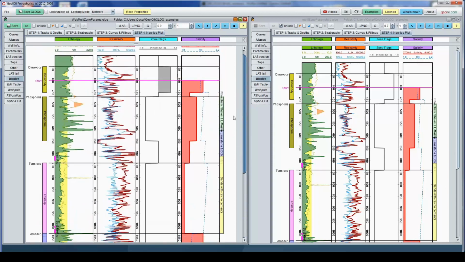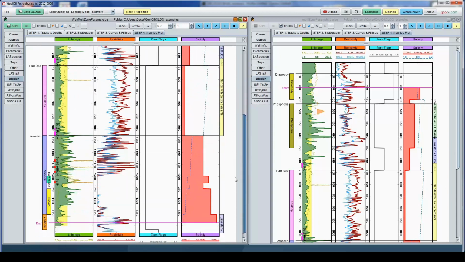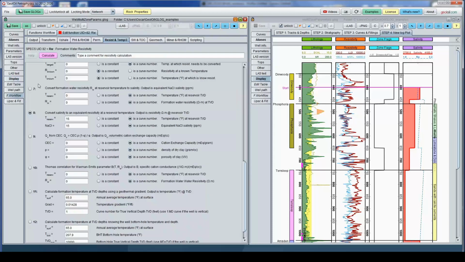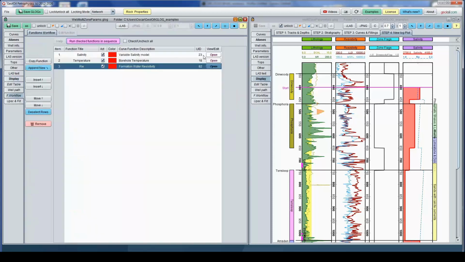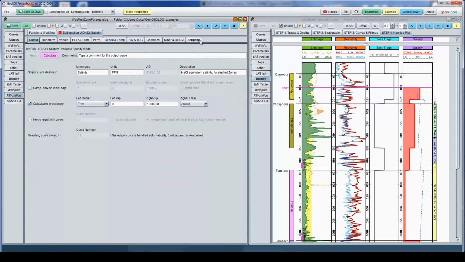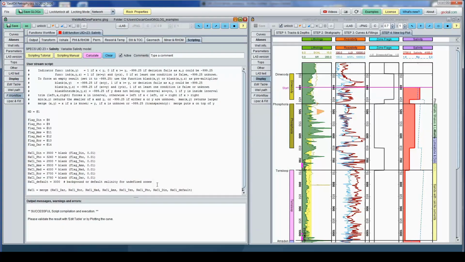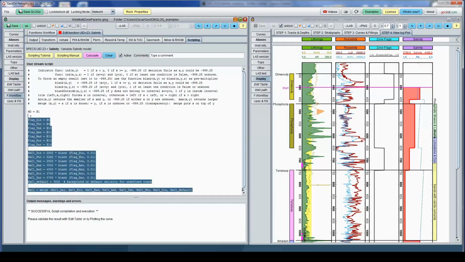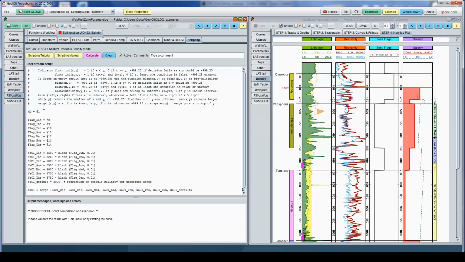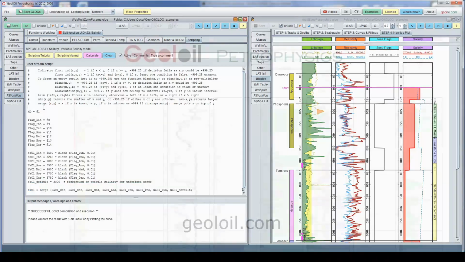This is all for now. This is our recommended way to handle multi-zone parameters which are not constant. Perhaps it's not very easy, but it's not very difficult. Once you complete an example yourself, you will master the technique. It is very powerful: you can do merge and define defaults and overwrite members over formation and many things. This is a full featured logging scripted programming language. Thank you very much.